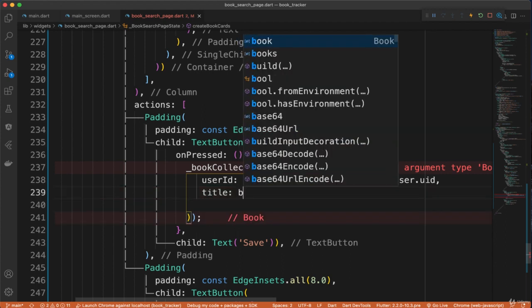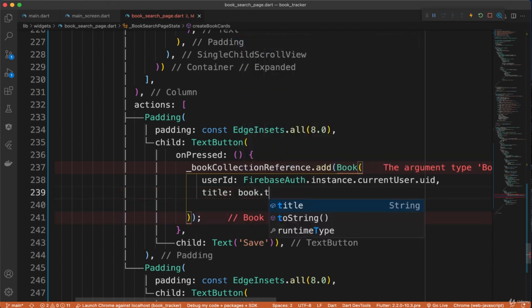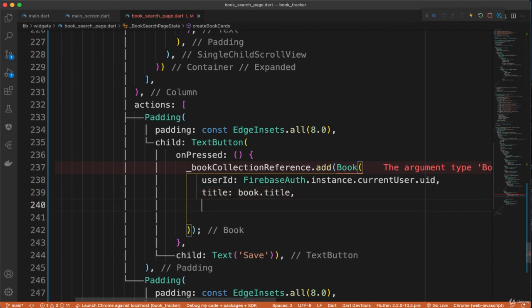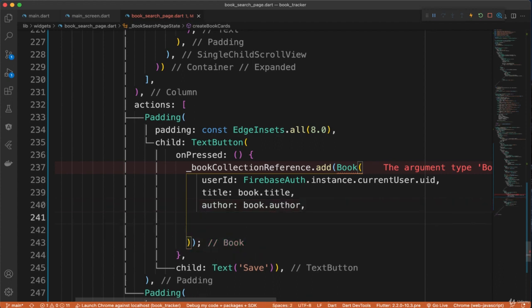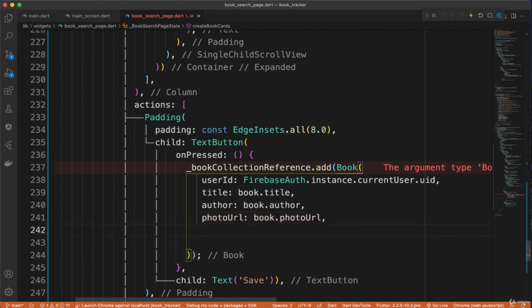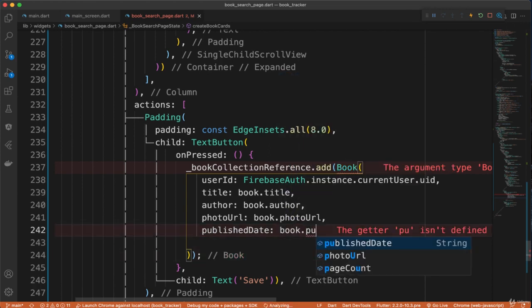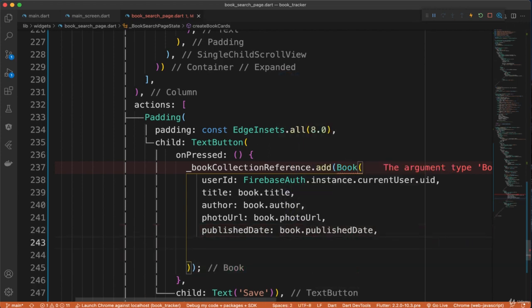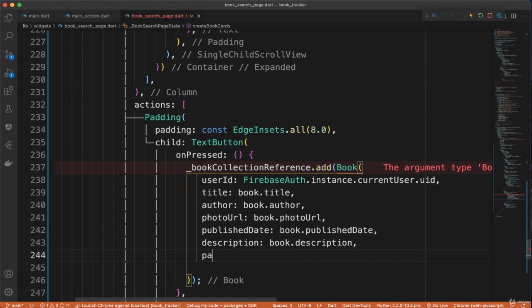How do we get that title? Say book object, get that title, and then author, book.author.object. Look how easy this is. Photo URL, book.photoUrl, publish date. It's going to be book.publishedDate. Pass a description, and also passing page count,